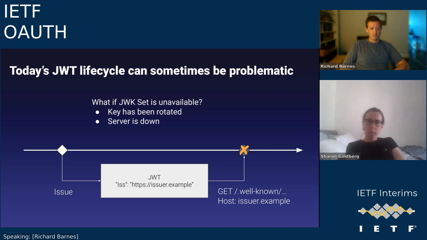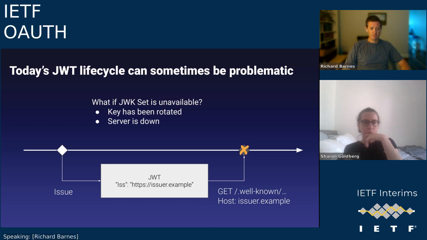Conceptually it hangs together. You trust this thing because you download it over HTTPS from a specified issuer URL, but it has some problems in operations. In particular, the key that you're looking for to verify this thing isn't always accessible in that way. It can be inaccessible for prosaic reasons, like the key server being down due to some transient outage. Or it could be that the key's been rotated and you're trying to verify something older that isn't reflected in the current key set that the issuer is publishing anymore. So that's the underlying problem we've got here.